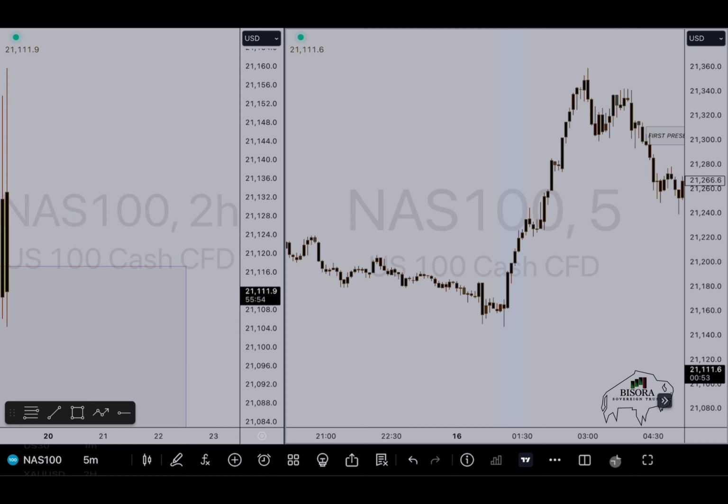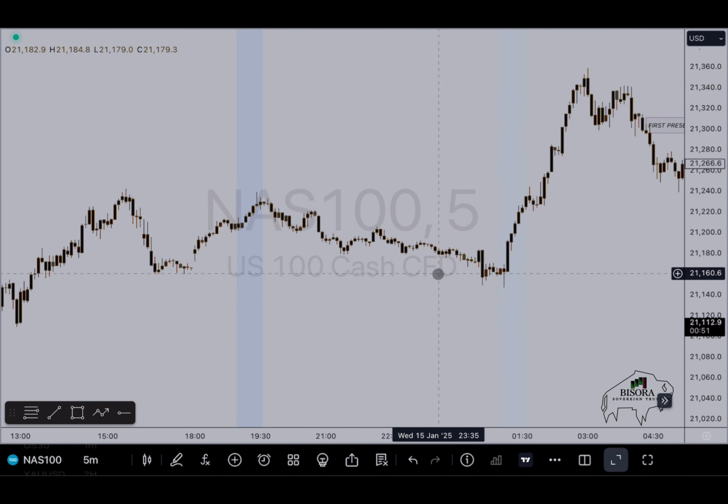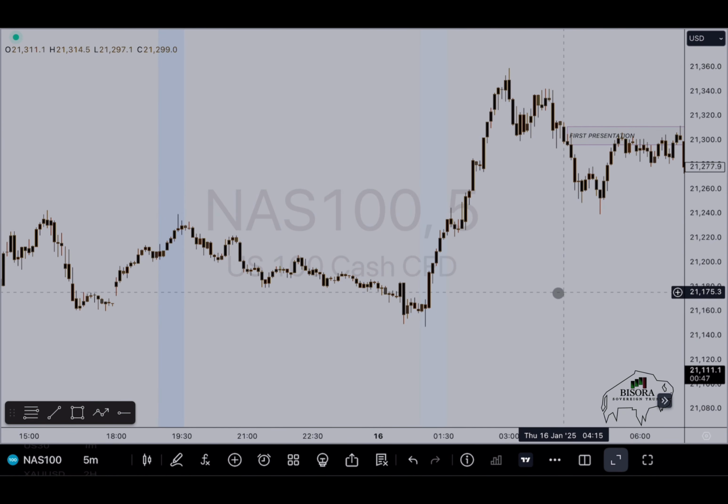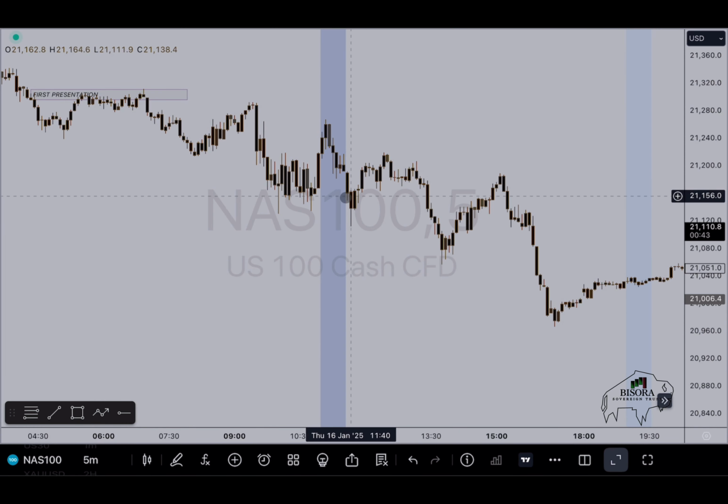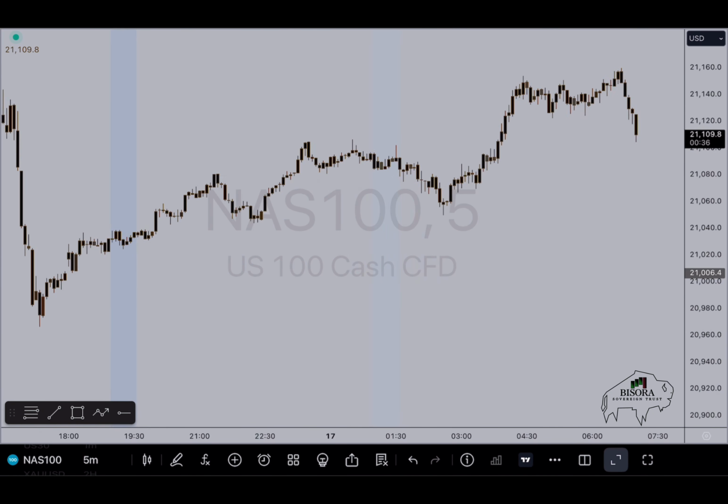So if you are not making up those hours, you guys need to be spending a lot more time on your charts, looking for these things and seeing for yourself that they work, so you can put your trust in this like I place my trust in this. Okay, we're just gonna go to today's day,